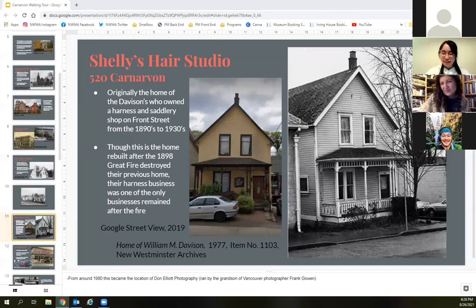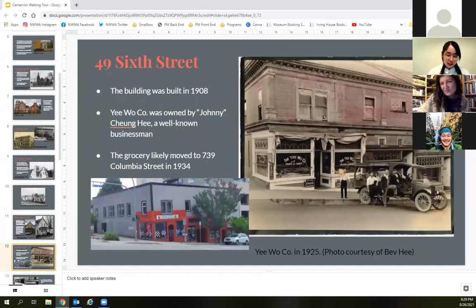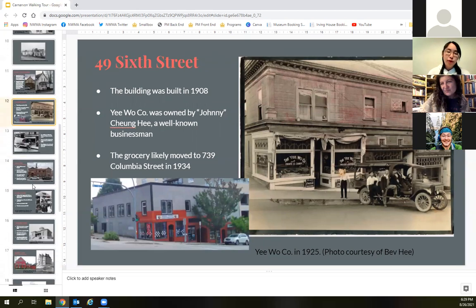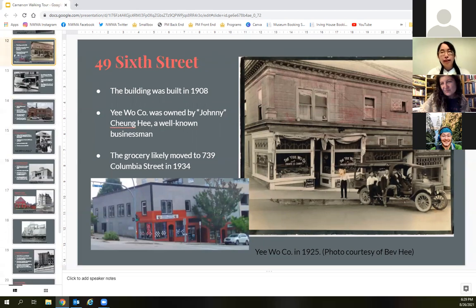Okay, for sure. Then as we go down, this will be at the corner of the block, still on the left side. This building is at 49 6th Street. It was built after the fire, in 1908. It says that around 1925 it was a grocery store called Iwo, owned by Johnny Chung, a well-known Chinese businessman,